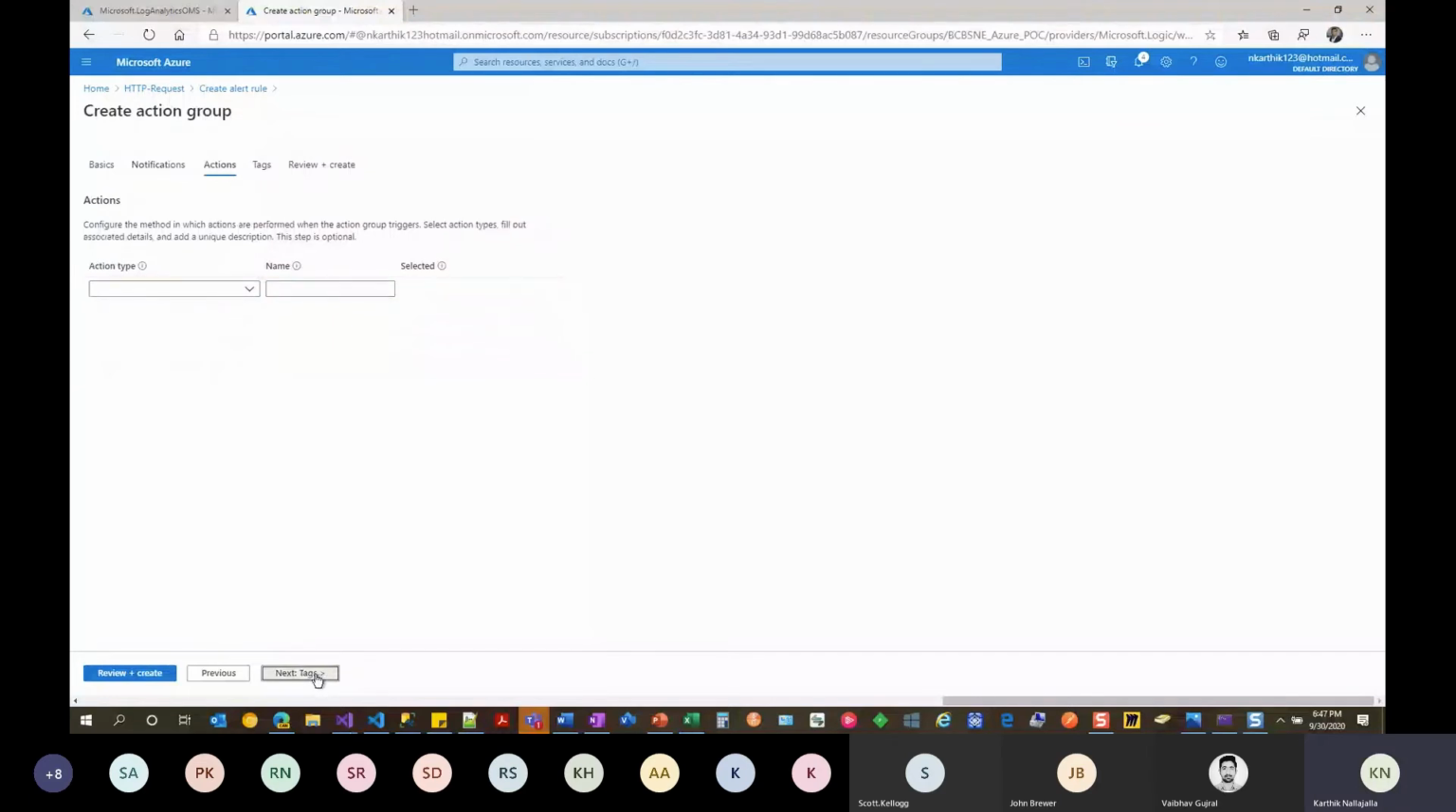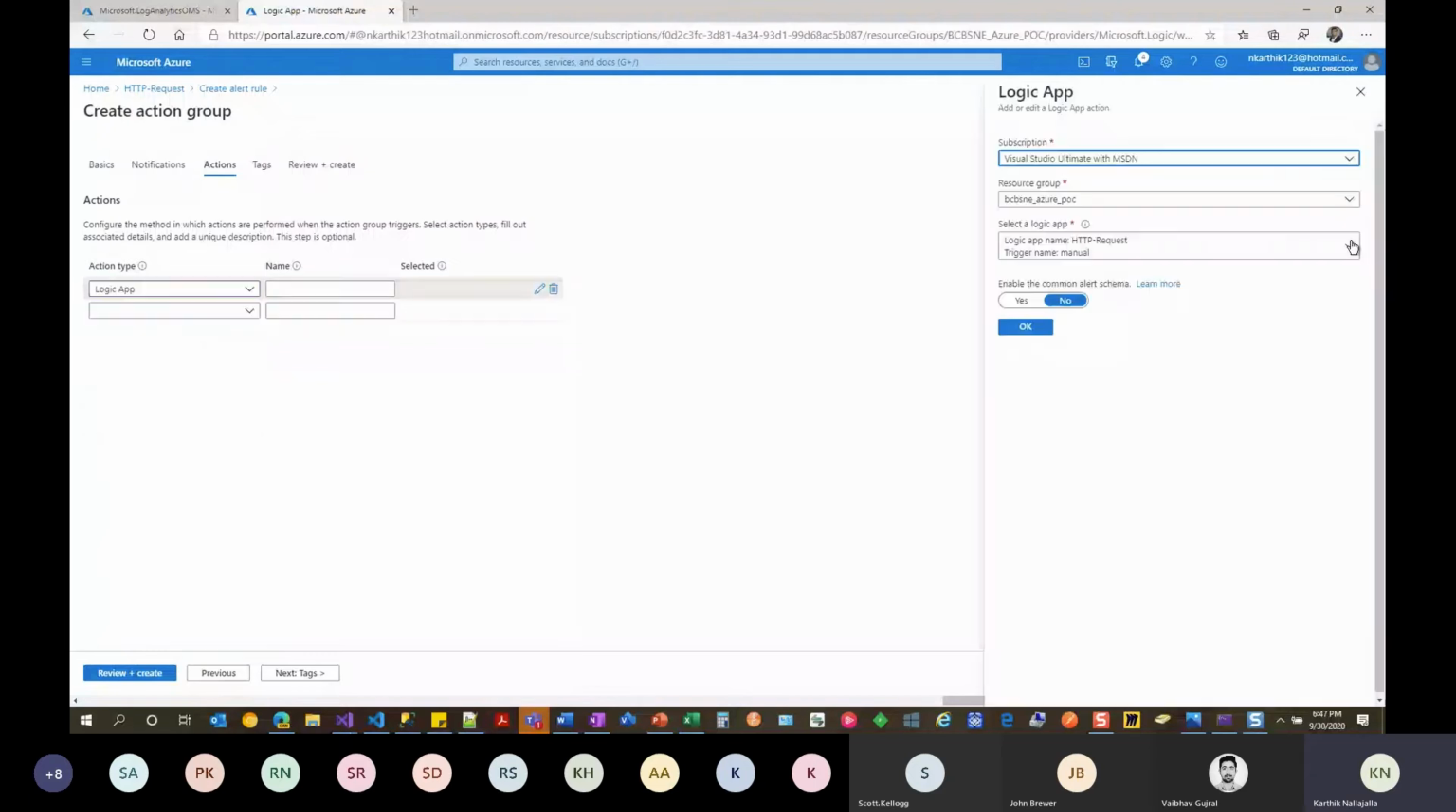Next, actions. Along with notifying someone, we also have other action types. We can automate a runbook. We can invoke an Azure function. We can invoke a logic app. I will show you a logic app example. When I select logic app, it gives you a list of logic apps. Since I have only one logic app, it only pulled that. If I select this,